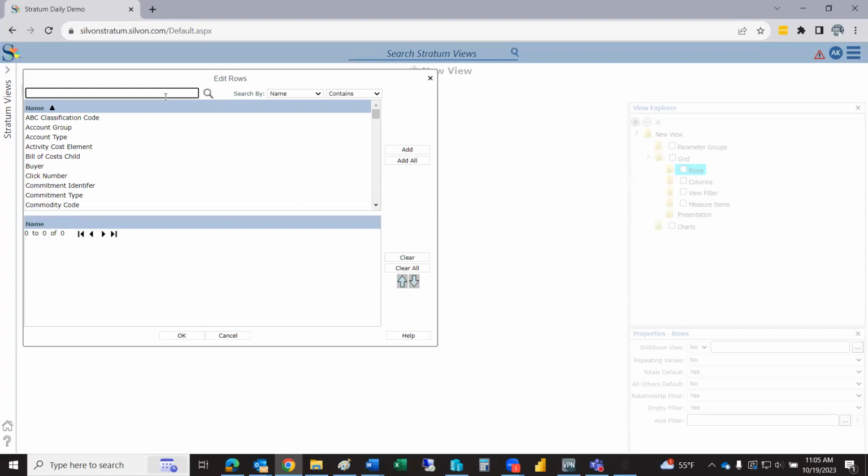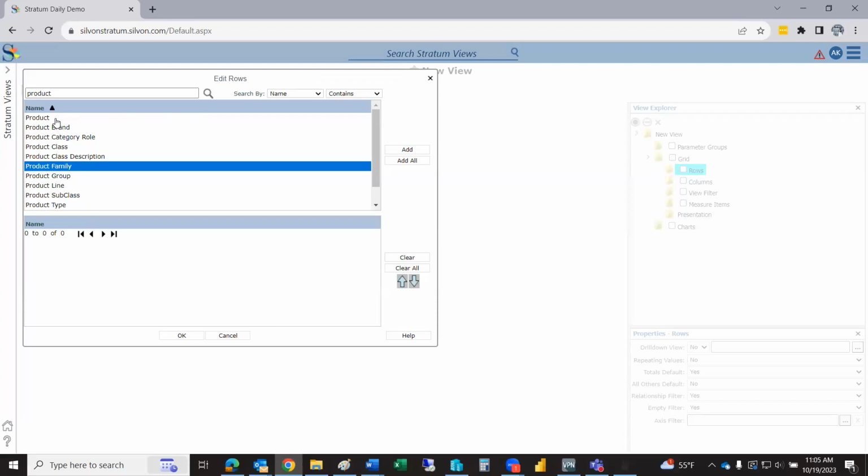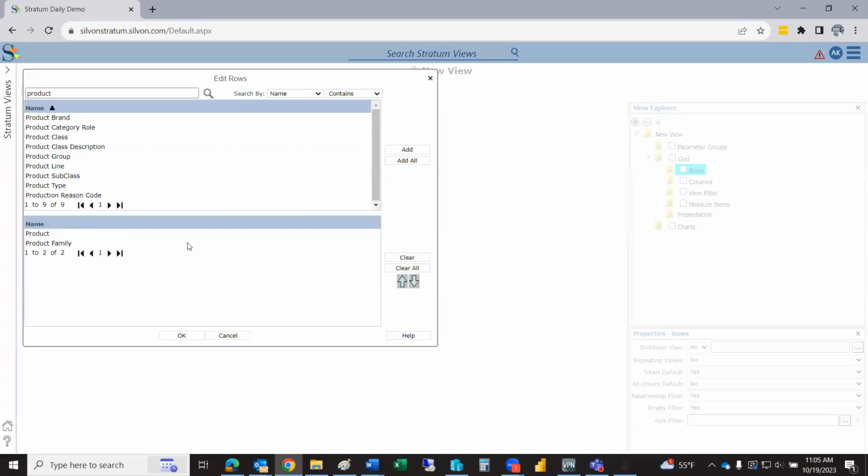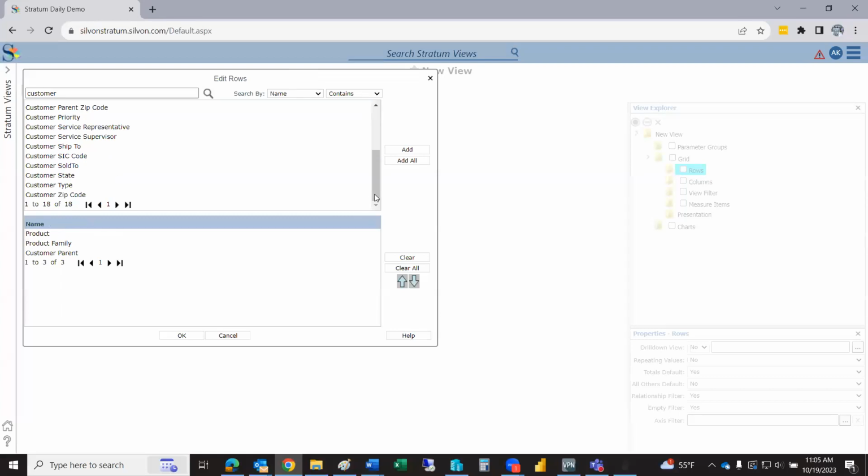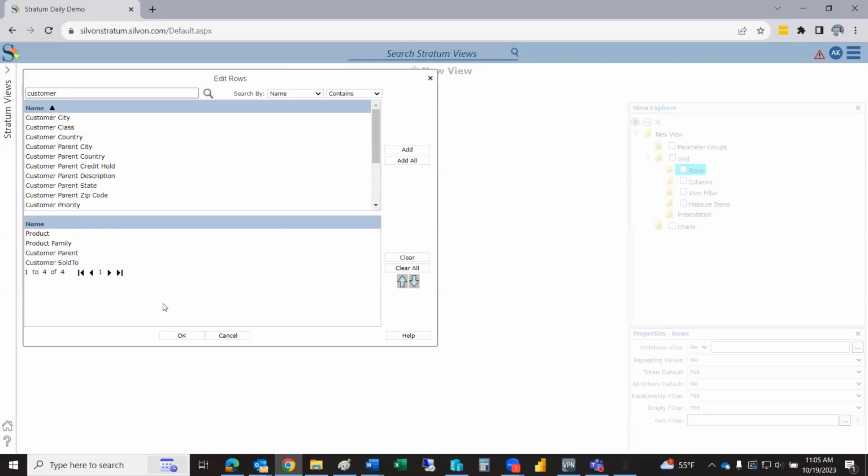I can actually search for things such as product-related levels, and it gives you a bit more control over what you want to select. Here, I can make multiple selections if I want to, and then add them down to the selected area. For customer-related levels, I can search on the keyword customer, and then select the different customer levels that I want to include into my